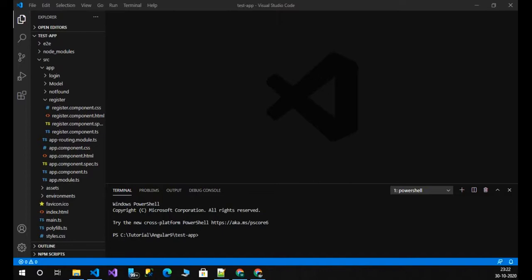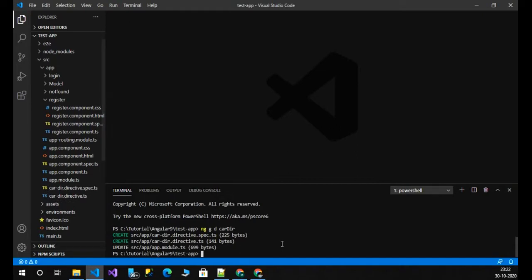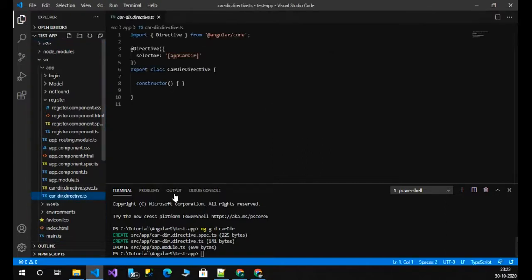In this video, we will see how we can create the directives in Angular. Let's say I want to create a car directive. So we have a command in Angular CLI with the help of which we can create the directive, and you can see your car directive has been created